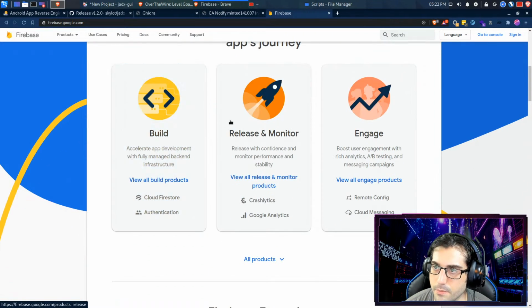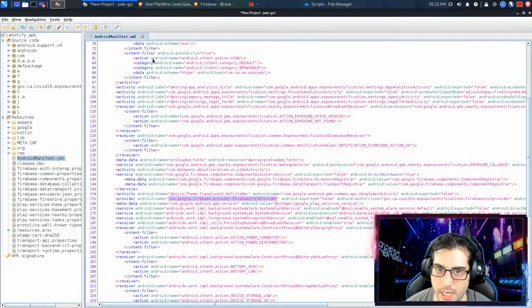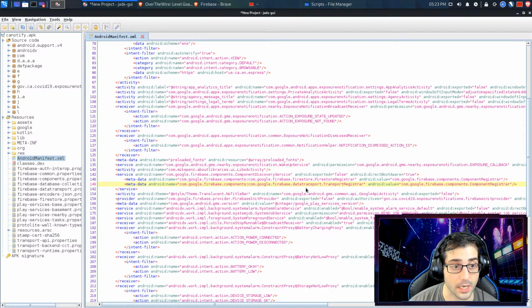But I think the important one that we want to look at here, if we look in JADX, is there's Firebase, there's Firestore, Cloud Firestore. So Firestore is their kind of Mongo-esque key value pair database. And the other thing about Firebase that is really cool is that it's real time. And that's why I've used it. To avoid the problems of WebSockets, Firebase is a cool wrapper for that, where if I write a